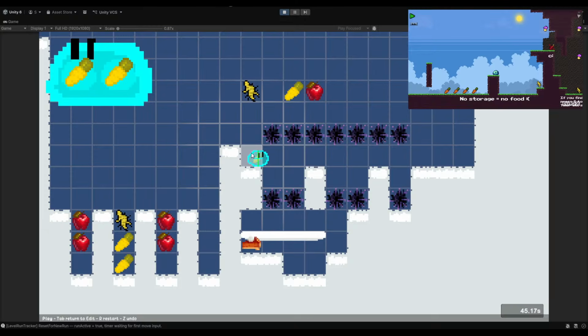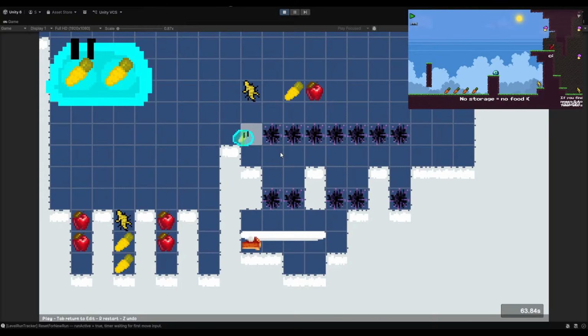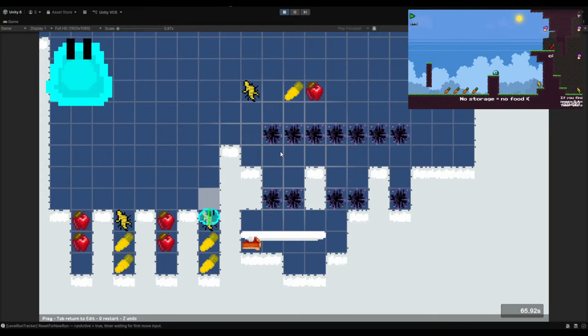But this would fix the problem I have where pears can cross gaps it shouldn't. Although, yeah, this is again another problem where you can just kind of cancel jump. But I don't want to remove that. I could just change pears to only work on ground.